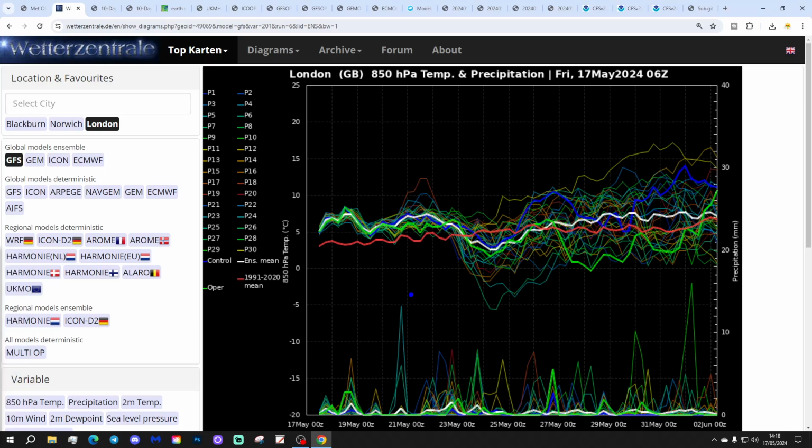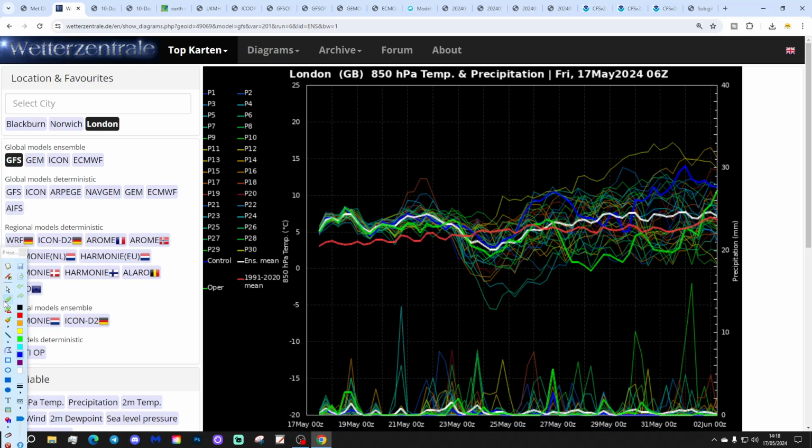These are the GFS upper air temperature and precipitation ensembles for the next couple of weeks. We're looking at London today. The red line is the 30-year upper air temperature average for London. So it's going to be generally above average with the upper air temperatures for the next week or so. We find the upper air temperature coming down a little bit as we go through next week, cooling off slightly, and then lifting back up again as we go through the last days of May and into the beginning of June. Overall, generally quite warm in the next week.